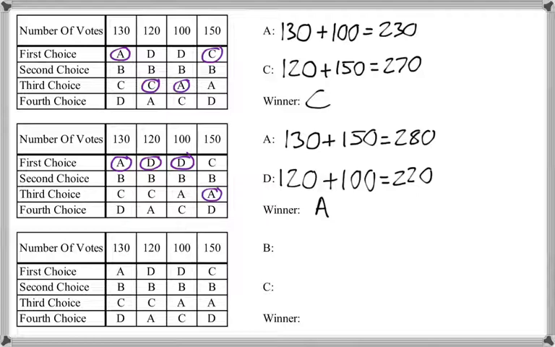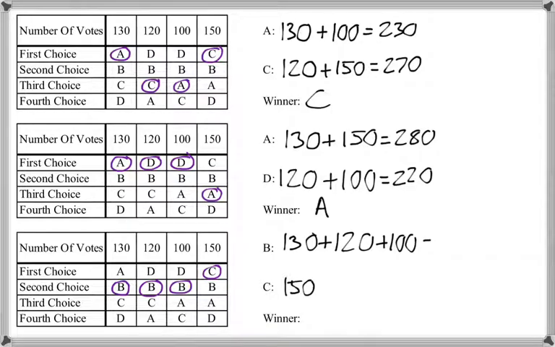Next we look at B versus C. So 130 people prefer B over C. 120 people prefer B over C. 100 people prefer B over C. And 150 people prefer C over B. So B gets 350 and C gets 150. So B is the winner